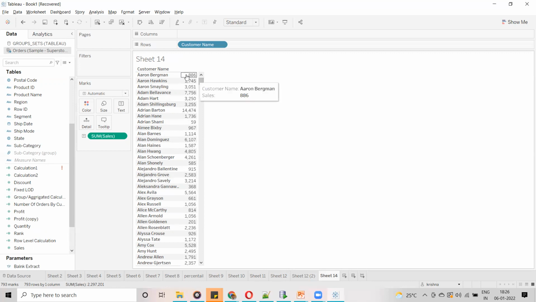If you do the percentage of everything, it is going to be 100%, right? Now out of that 100%, what is the contribution of the top 100 customers? That is what my requirement is. What is the contribution of the top 100 customers? I want that percentage. So try this one. Are you guys clear about this requirement?